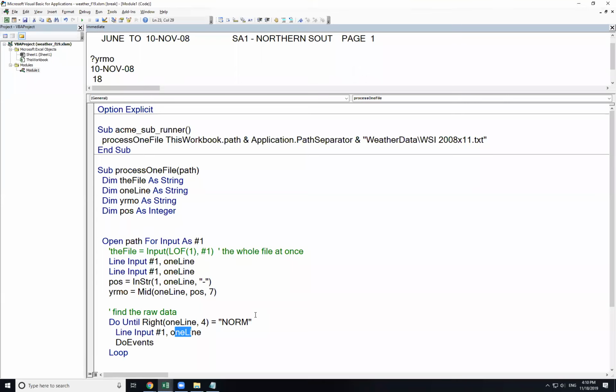So the question is, does line input automatically move to the next line, and the answer is yes. When you call line input, it gives you a line, and then a subsequent call will give you the next line. You don't have to tell it to advance. It advances automatically. And the whole idea here is that this was designed to do just what we're doing with it. To read sequentially through a file, not one character at a time, which we could do, right? Because here, instead of the length of the file, we could just put 1 character. We can go 1 character at a time. Sometimes that's what you want to do. Not very often, but